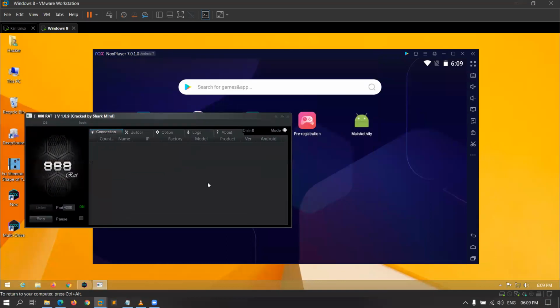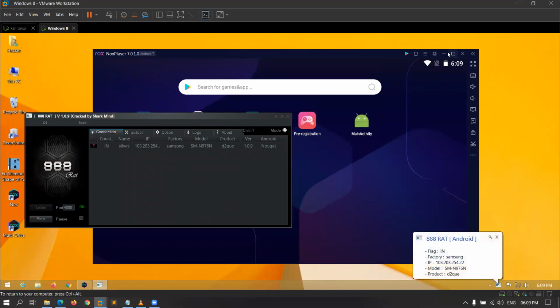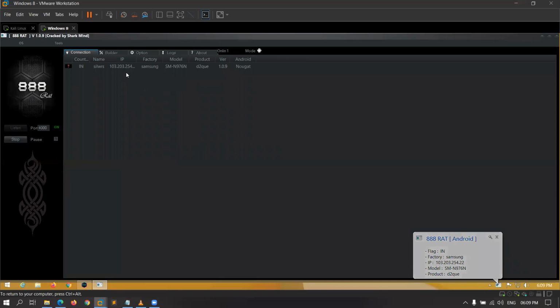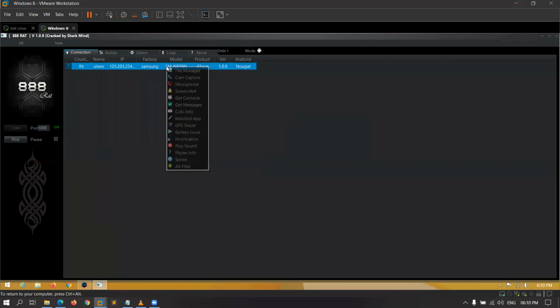Now I am waiting for the connection, and you can see the connection has been established, and it is showing the IP address of the machine, Android version Nougat, country India. The name of the file is Silverus, and the company name of the phone is Samsung, model number, and you can right click, and you can access lots of things: file manager, cam capture, microphone, screenshot, get contacts, get messages, call